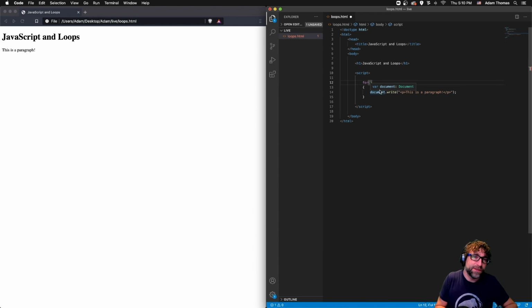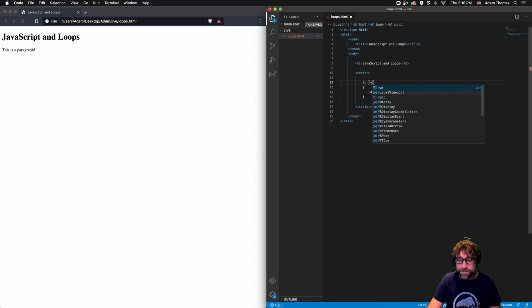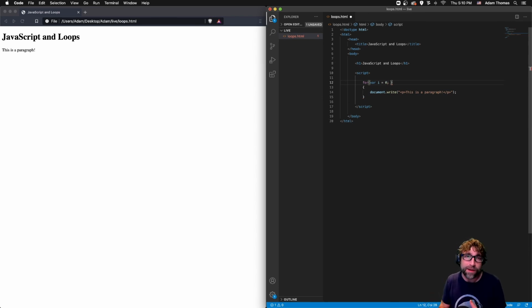It's a variable that's going to be used to keep track of how many iterations the loop has executed. So we're going to create a variable called i, set it to 0. i is the common name for that variable. I believe it just stands for increment. We are then going to,